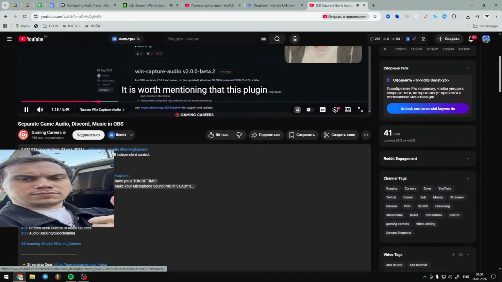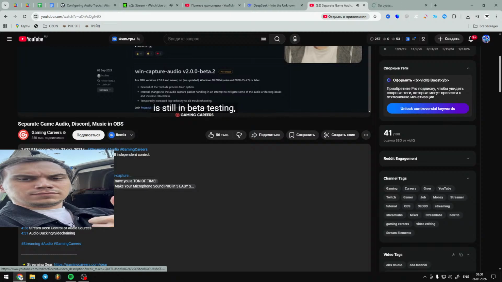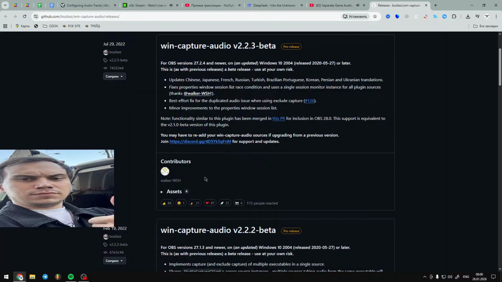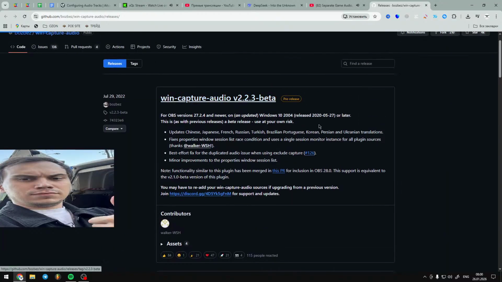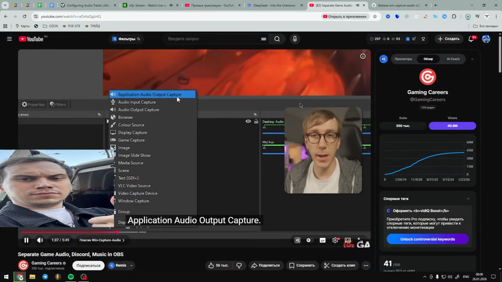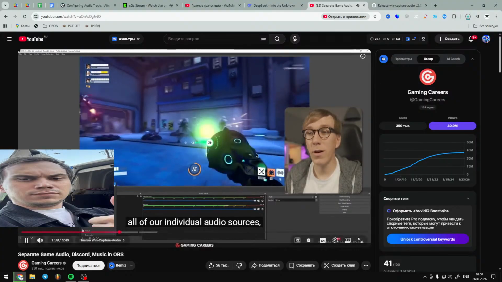It is worth mentioning that this plugin is still in beta testing, but I've been using it for the past few weeks and I've had absolutely zero issues. So download either the executable for easy install or the zip folder if you want to drag and drop this manually into your plugins folder. Once installed, you should have this new option in your sources menu called Application Audio Output Capture. But before we go about adding all of our individual audio sources,